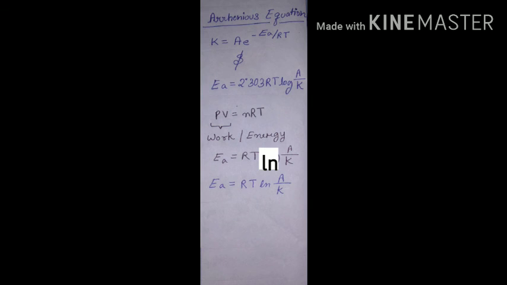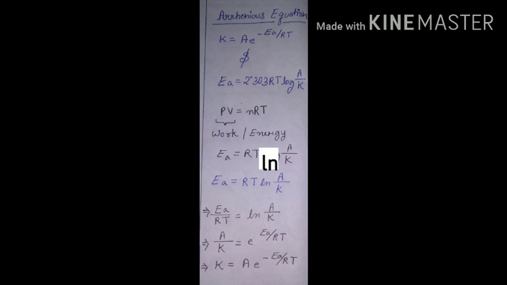So in place of PV, we have put Ea, that is energy of activation. R and T are as it is, but we have to remember that in place of n in the expression nRT, we are putting ln A by K. So we finally derived the formula Ea is RT ln A by K from the simple ideal gas equation. And now don't worry for the first expression because we can easily derive it from the expression that we have learned just now. As you can see, I have just done a little rearrangements. I have applied some concepts of logarithm, and thus so easily we have memorized both the formula of Arrhenius equation from the simple ideal gas equation, which is PV is equal to nRT.